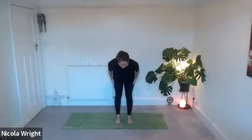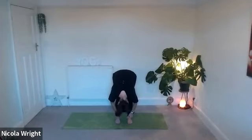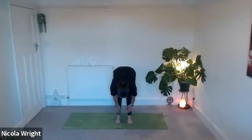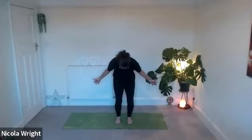Exhale, let's release the hands and forward fold. Come down into your ragdoll, your Uttanasana, but keep your legs nice and bent. Let's take an inhale and a halfway lift. Exhale, soften back down. Hands out to the side. Let's reach up, come up to standing. Hands keep flowing up above the head. And then palms together,